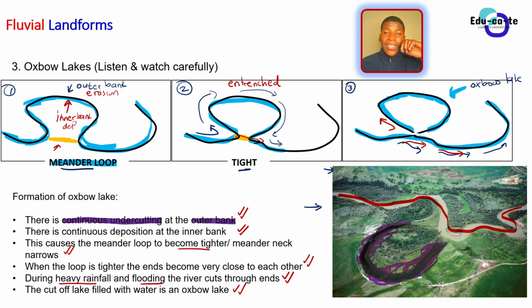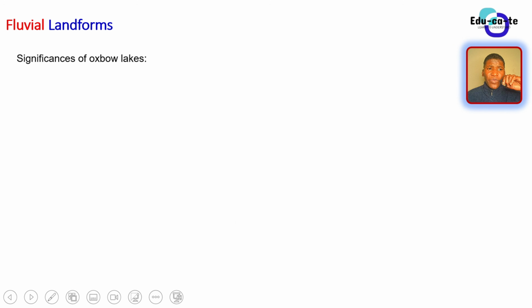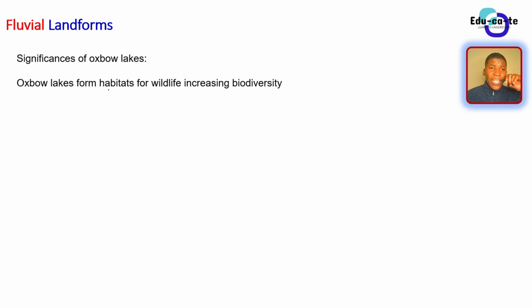significant to us. We can use them as human beings to do quite a couple of activities. Such as which activities can we look at? So basically, oxbow lakes also form habitats for wildlife. So they actually increase the biodiversity because, of course, fish can stay there, and ecosystems, food chains, and whatnot can live there. It describes that animals or species can be inside an oxbow lake because it's actually a habitat. It's a place that can harbor animals and wildlife, of course.